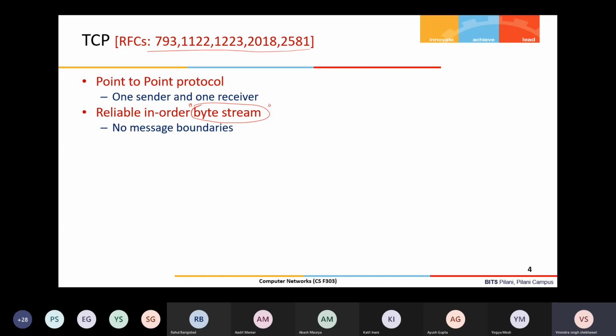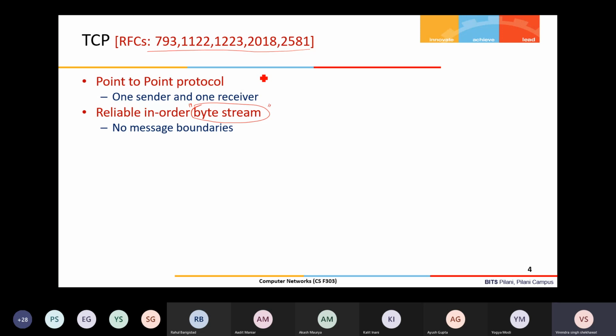That's why, if you remember, the socket which we created for TCP we called a stream socket, and the UDP socket we called a datagram socket. One meaning of this byte stream is that there is no message boundary. It's not like one message ends here and a second message starts from this point onwards.